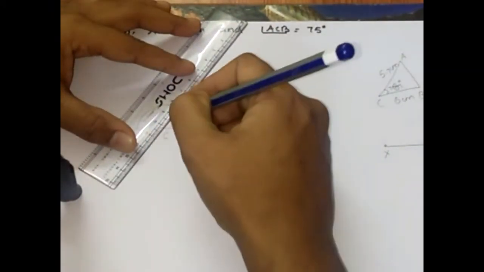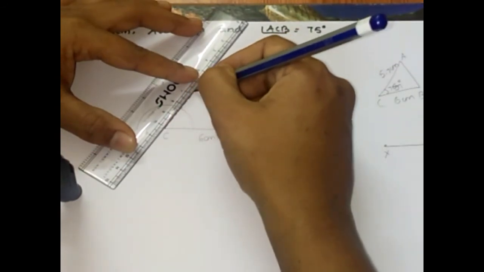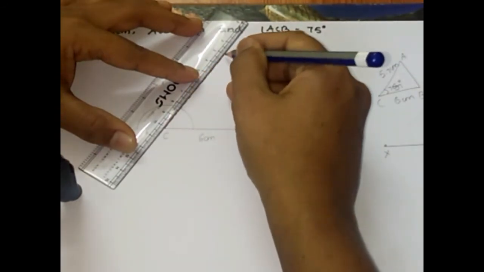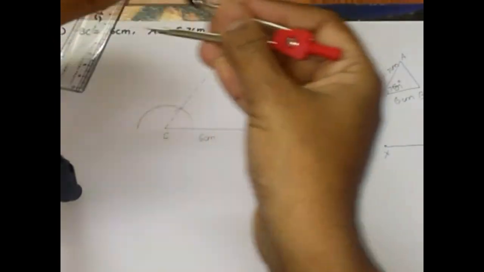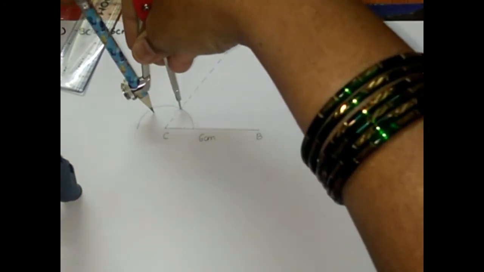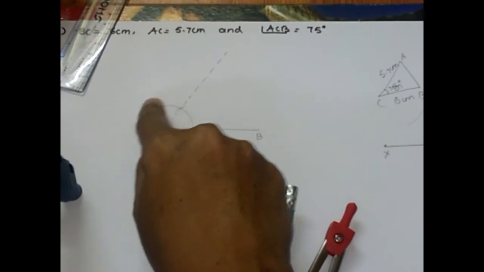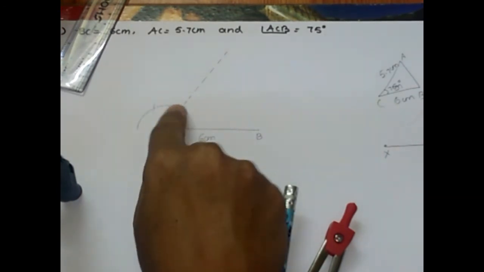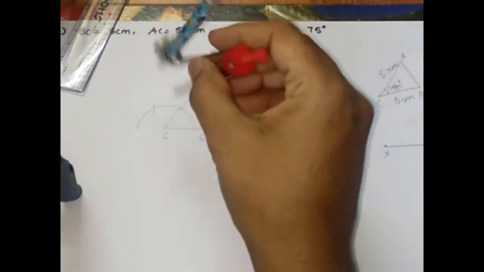Let me, as I informed children, draw a dotted line. What is the purpose of drawing a dotted line? A dotted line indicates just a helping line, so that 60 degrees is not the final angle which I require. Now with this arc, let me construct one more arc. First arc, second arc, third arc. Now you can see these two arcs on the semicircle.